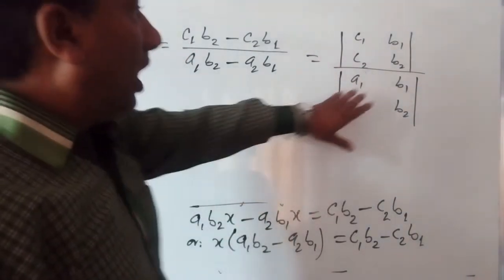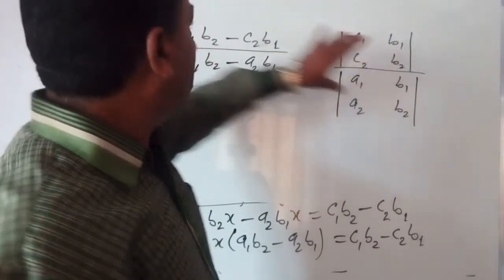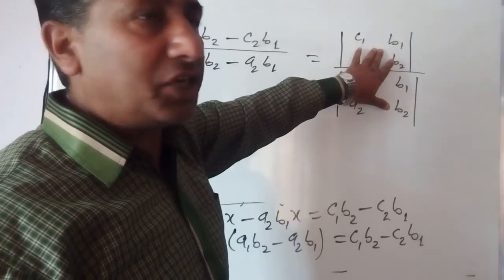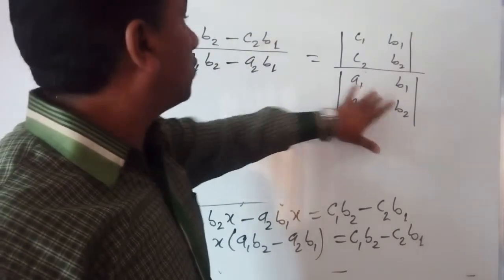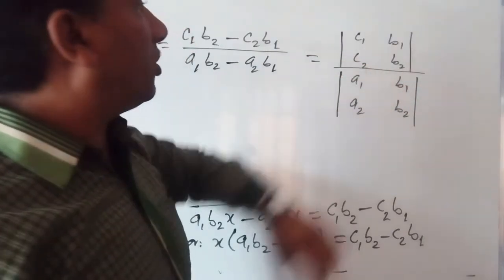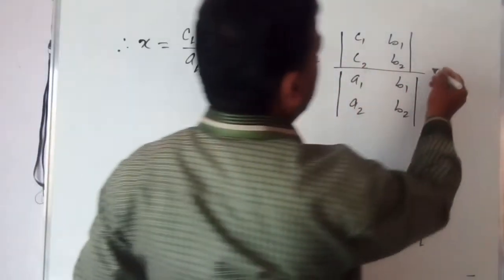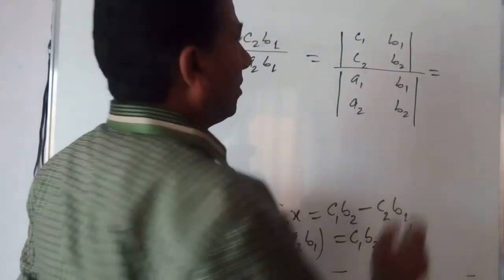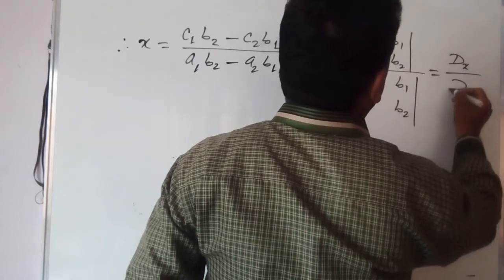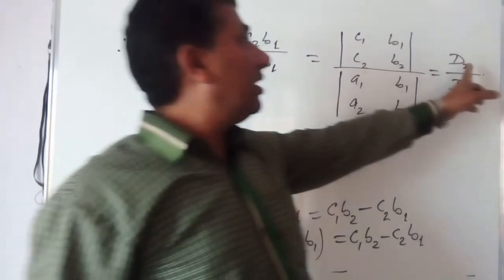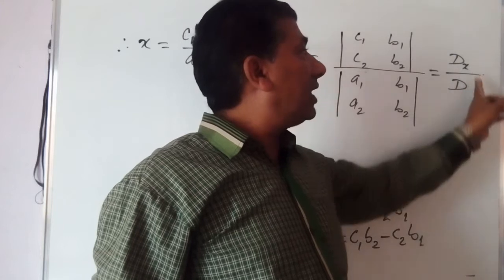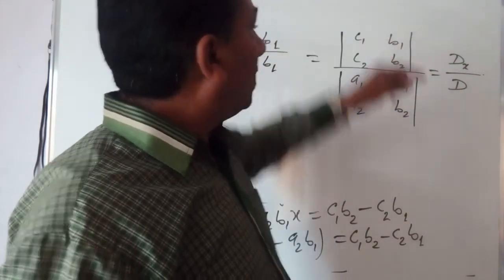Now when we find the value of the determinant, it equals this and this, the same. When we simplify this determinant, it will be this one, and this also will be this. Now they are same, we just wrote it in the form of determinant. I'll give the name of this upper determinant dx, and this determinant I'll name d. You can write d1 or delta 1 also, but I wrote dx by d. Dx means this determinant and d means this one.